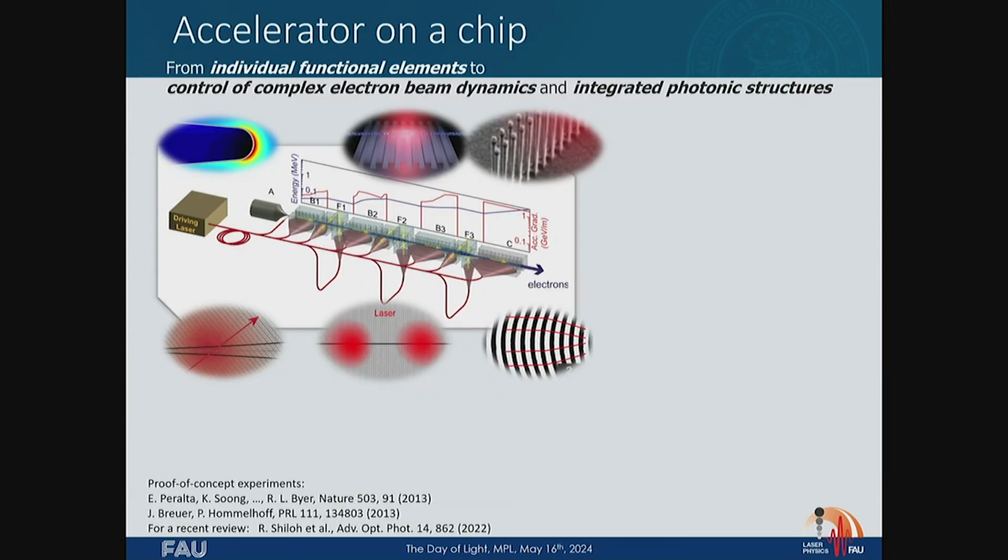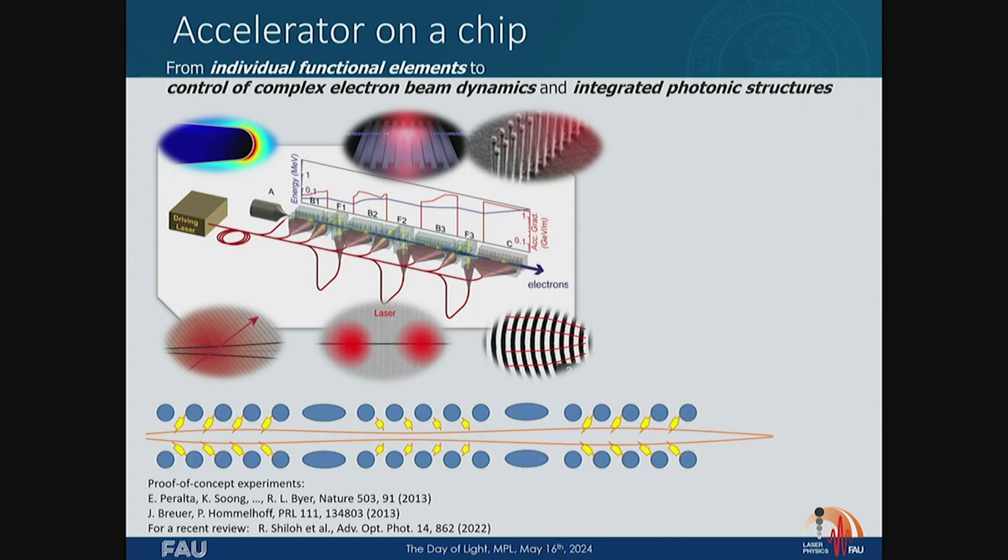And this is what we could show in the last 10 years or so, that we not only can accelerate, we can also steer the beam, deflect the beam. We can also have the beam interact at one laser interaction region and another. We can also exert transverse forces to focus the beam. And that's very important to build accelerators, not only to just accelerate the electrons, but also hold them together. But even then, you don't have an accelerator. You really have to take beam dynamics into account. So you want a structure like this that really steers the electron beam through this narrow channel.